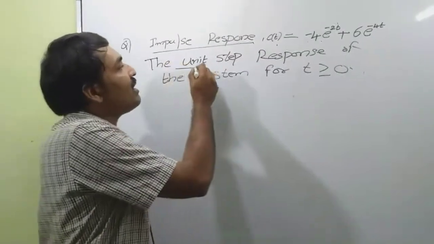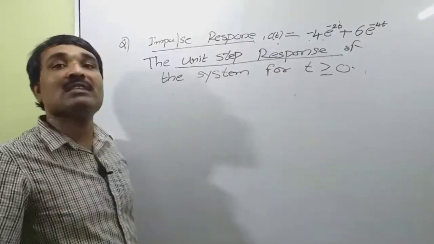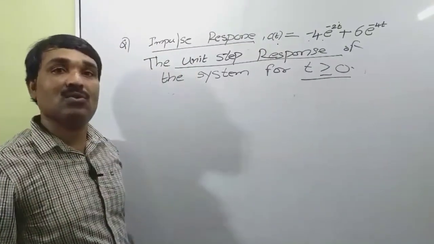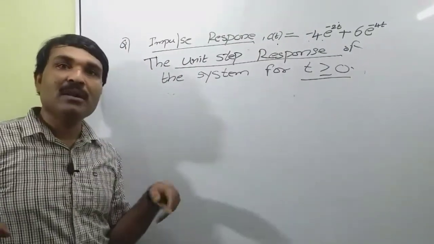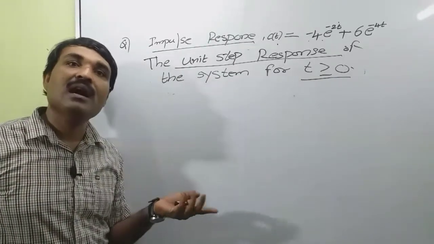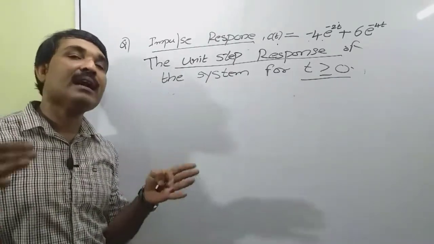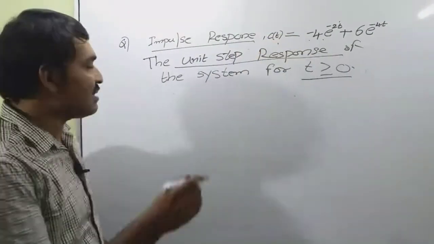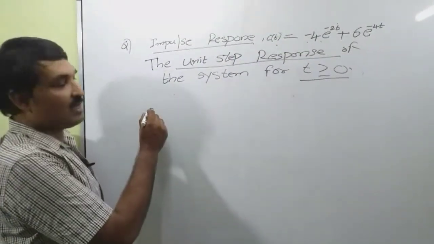Now we want to find the unit step response of the same system for t greater than or equal to 0. This can be done in two ways: by using the transfer function model and partial fraction expansion, or we can directly obtain the answer from this response. Since step response, that is step